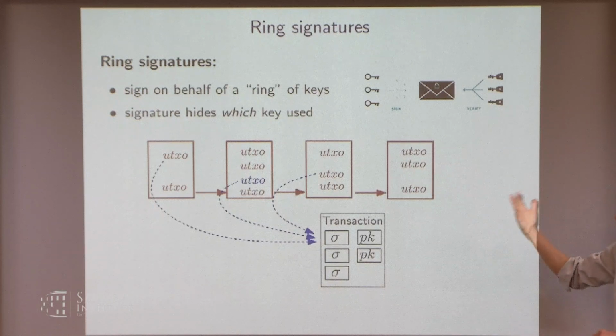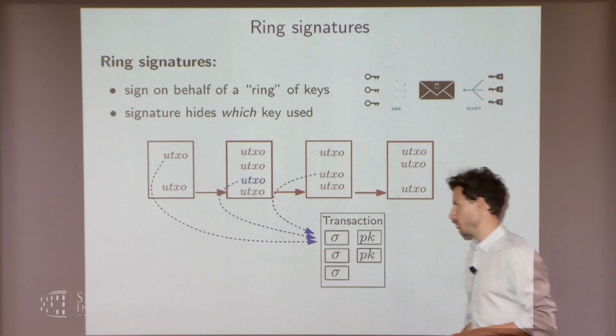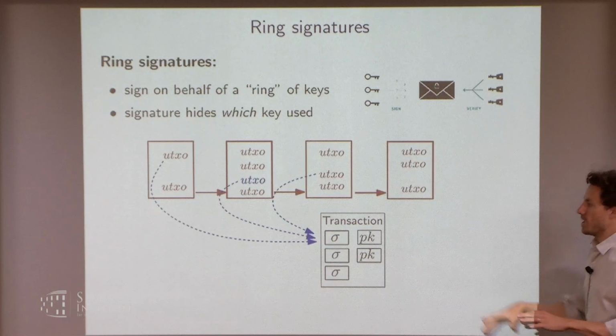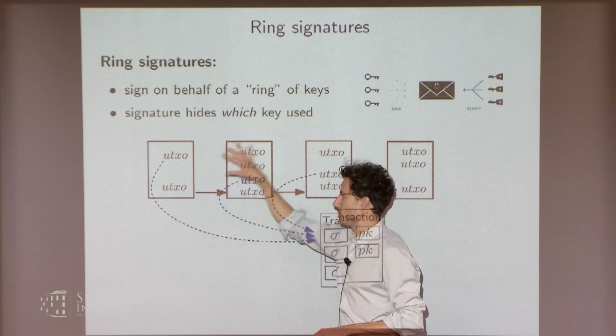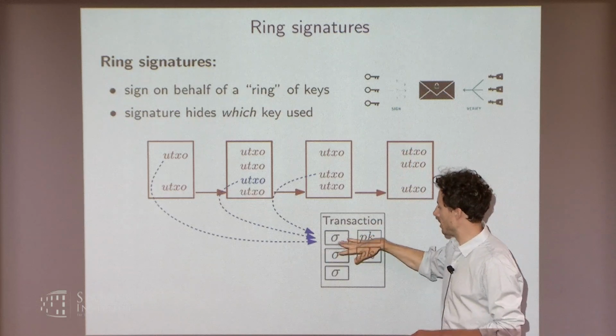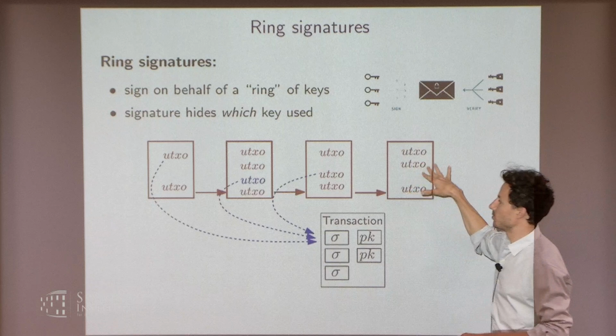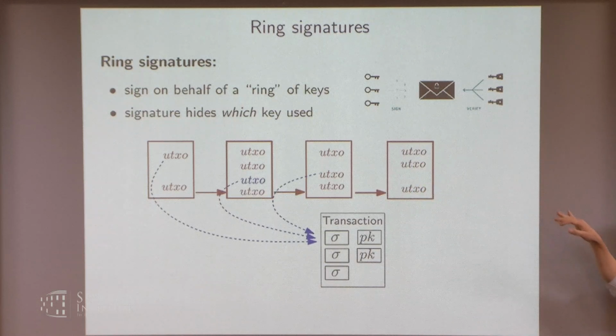Now if, instead of using regular signatures, you use ring signatures, what you do is, say you're the owner of this unspent transaction output and you want to spend it. Then you just select random other UTXOs, and then you make a ring signature, sigma, which now guarantees that one of the unspent transactions in this blockchain has been spent. So it gives you kind of an anonymity because you don't know which one was spent,